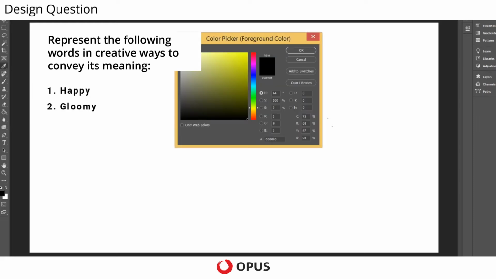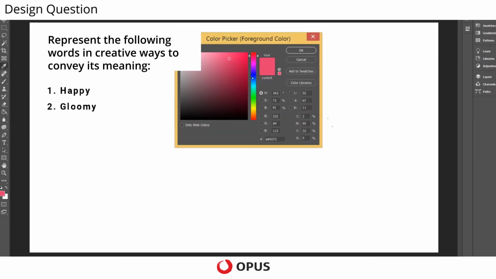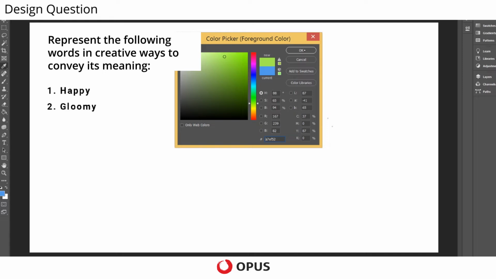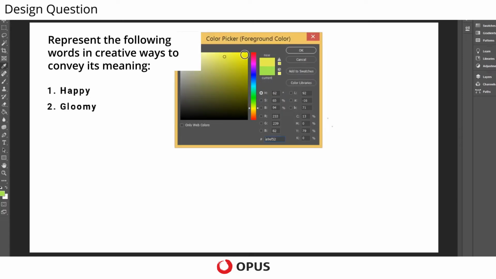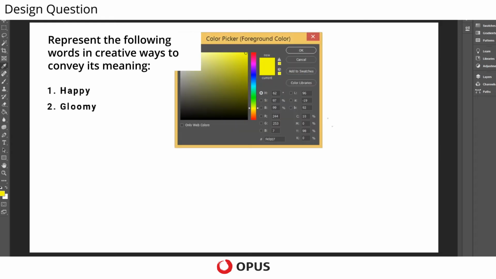So suppose I take certain colors, suppose I take this color and write the word happy. This will be hand drawn, so you can write as you want, in a particular style, but your writing shall also be neat and clean so that it is easily readable. I'm choosing certain colors which would give me the necessary impact with my words,